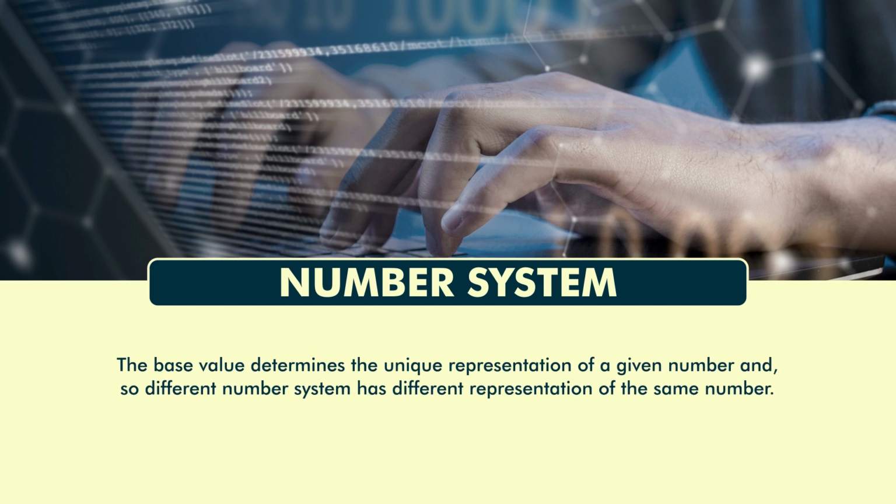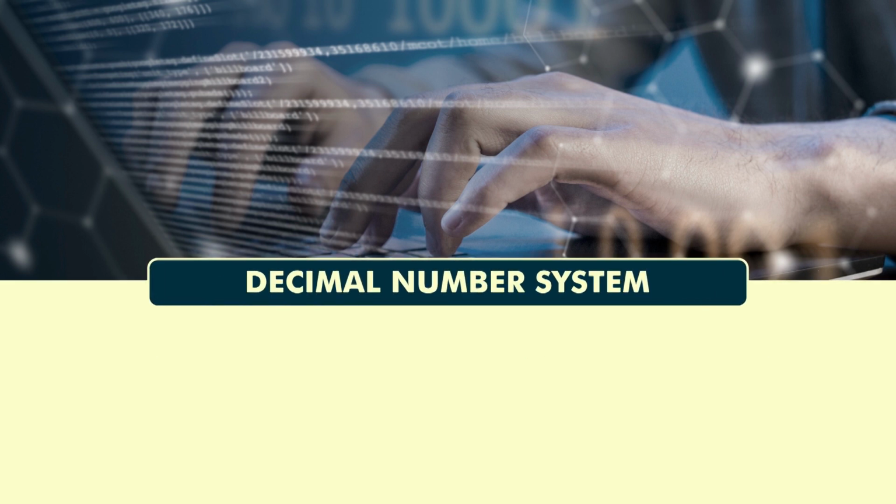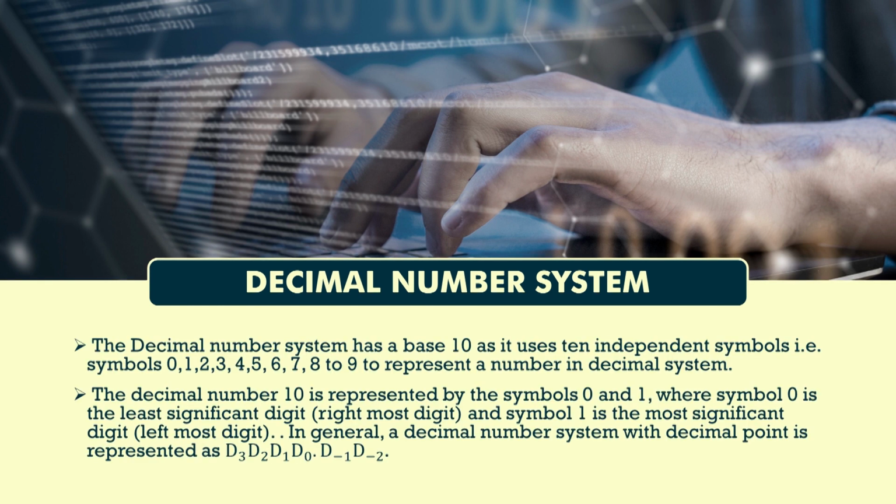The base value of any number system determines the unique representation of a given number, and so different number systems have different representations of the same number. So, let us start with the decimal number system. The decimal number system has a base or radix 10, as it uses 10 independent symbols, that is, symbols starting from digit 0, 1, 2, 3, 4, 5, 6, 7, 8 and 9 to represent a number in the decimal